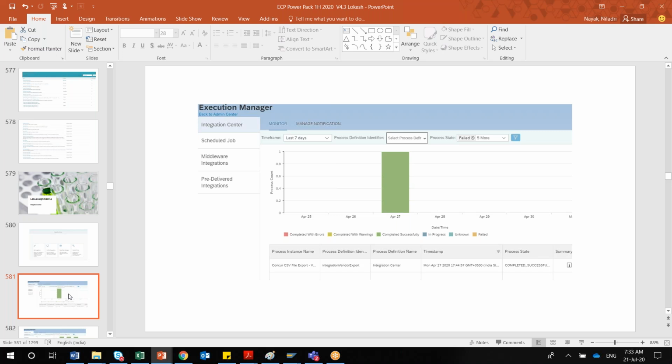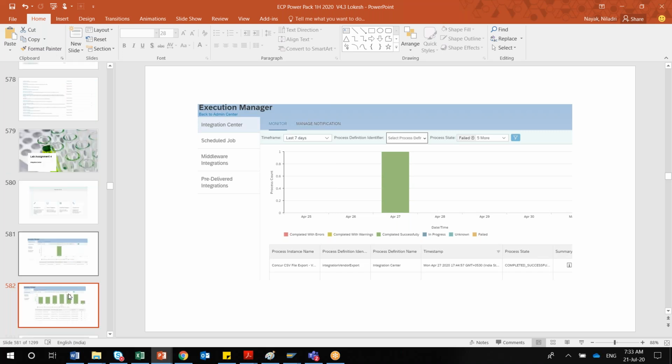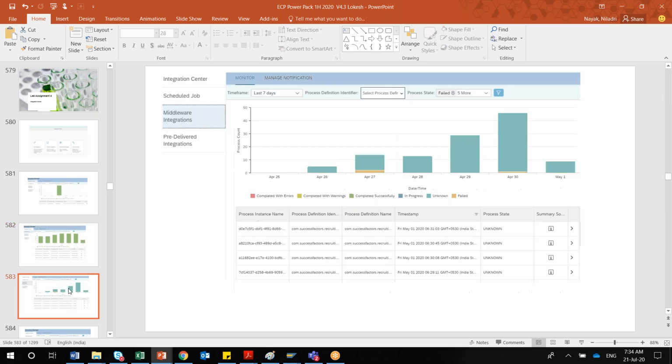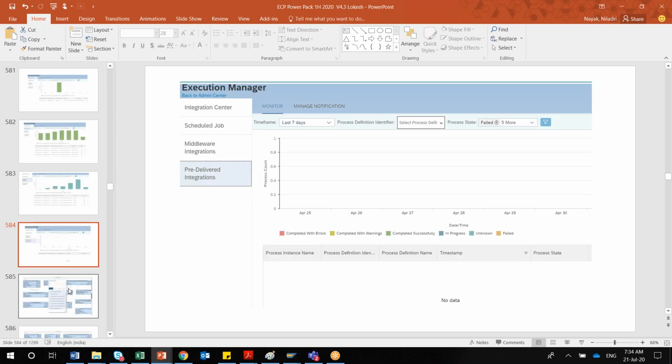And also, this is a very generic one, I have kept it here. If you are using any middleware integration, at present we do not have that kind of scenario, but in the past, like Delboomi, some clients still use it. So for those integration monitoring and notifications, whether they are coming or not, doing the entire health checkup of those integrations, you can check by using this integration center. Just an overview of this, I kept it here.